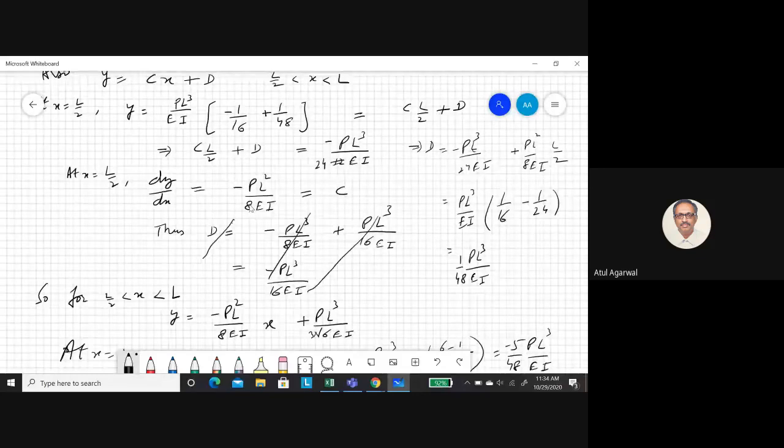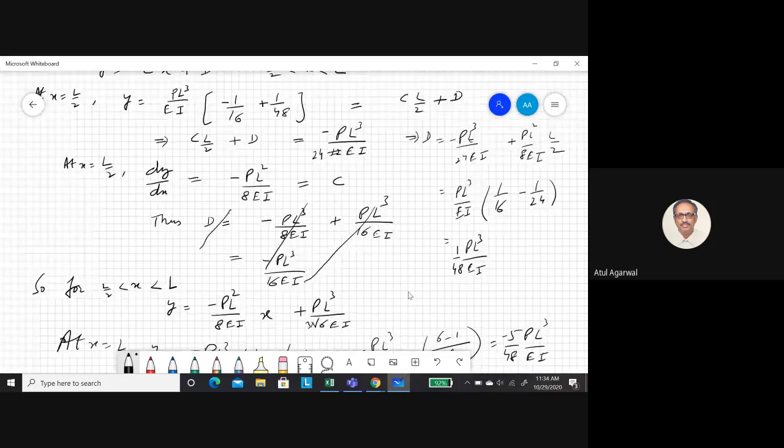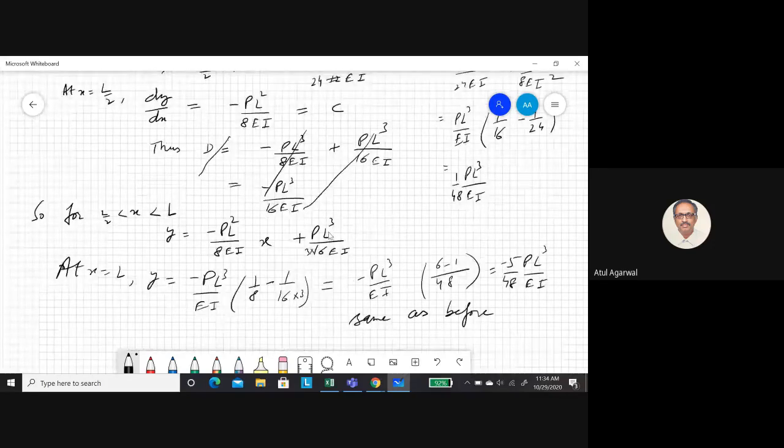So for continuity of the beam, deflection and slope should be the same at the point where force P is applied. Otherwise, your beam will lose continuity. If the slope is different, then it will have a kink there. That is not there here because the bending moment is not changing there; it is zero, the same at both positions. It has come down to 0. So there cannot be a change in slope there. Unless there was a jump in bending moment at x equal to L by 2, you can't have a different slope for the two halves.